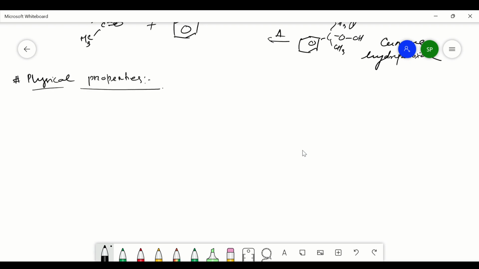First of all, these have intermolecular hydrogen bonding. All the phenol molecules, C6H5OH, have intermolecular hydrogen bonding like this. So all the molecules here, this oxygen and this hydrogen, have intermolecular